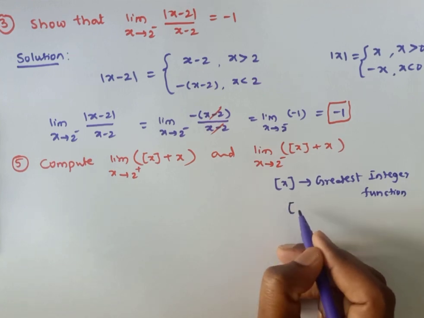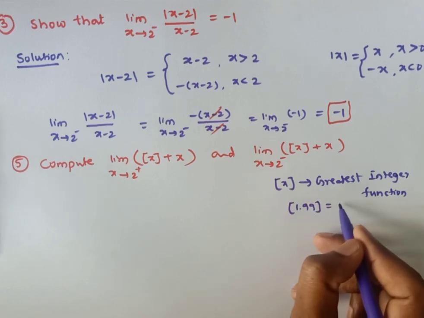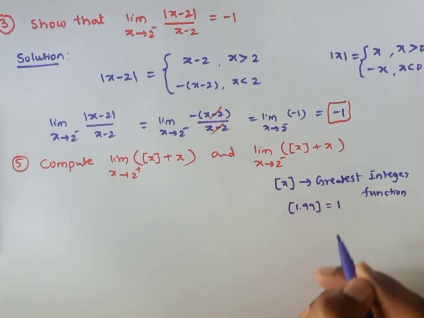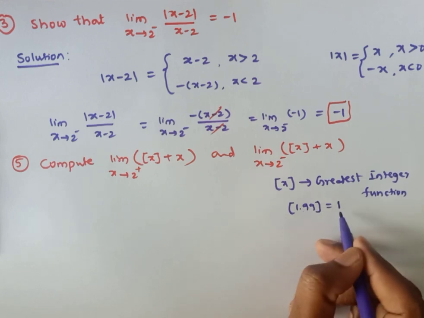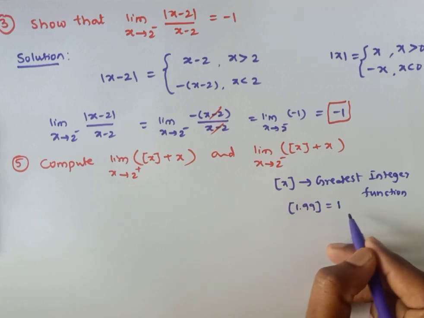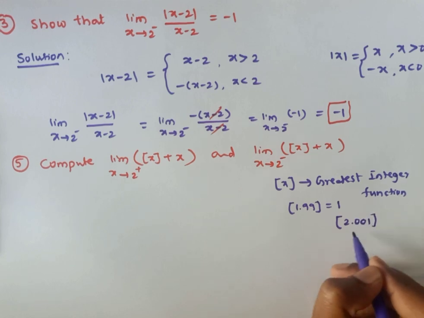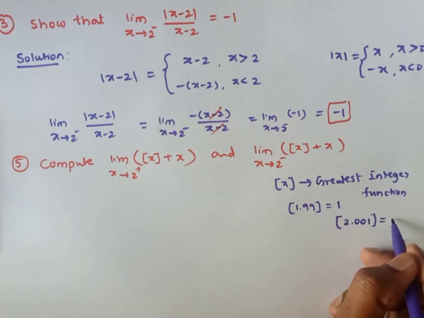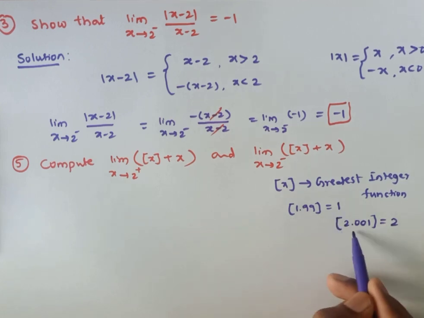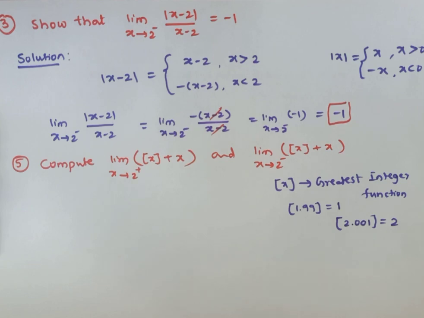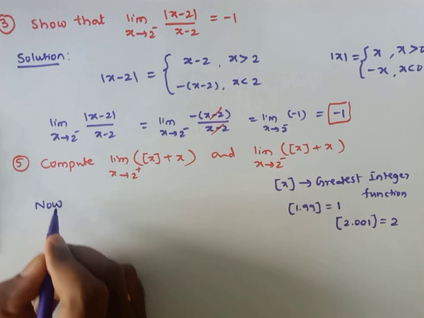So for example, 1.99 ఉంది అనుకున్నాం. So the output of this is always an integer which is less than this. అందులో గ్రేటెస్ట్ ఉండాలి. దీనికంటే లెస్ అంటే చాలా ఇంటీజర్స్ ఉంటాయి, బట్ అందులో గ్రేటెస్ట్ వాల్యూ వచ్చేసి 1. ఓకే, similarly step of 2.0001 తీసుకున్నాం అనుకోండి, just a little bit more than 2, therefore it is 2 అవుతుంది. 1.999 is 1, 2.0001 is also 2. Now, based on that concept, you need to find the limit of this.